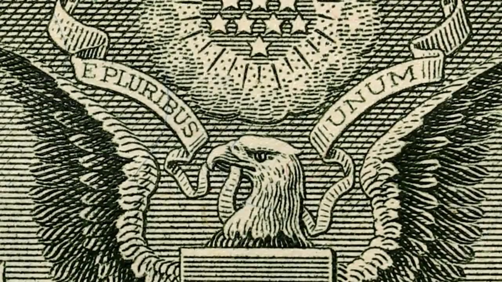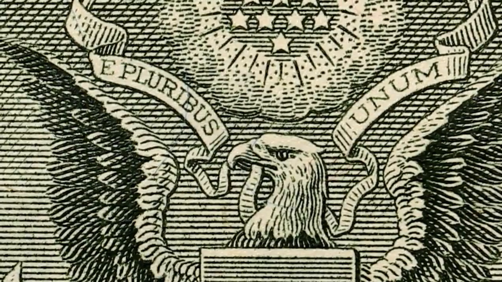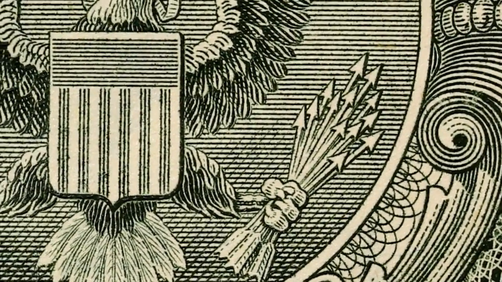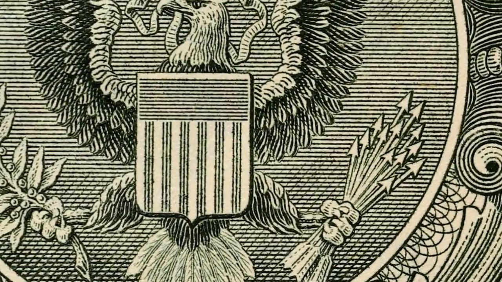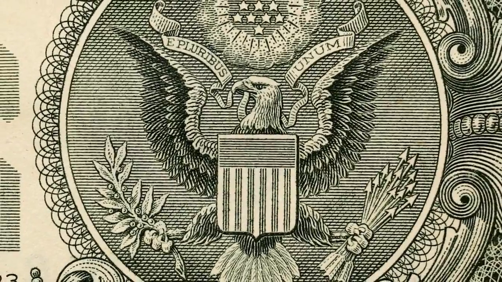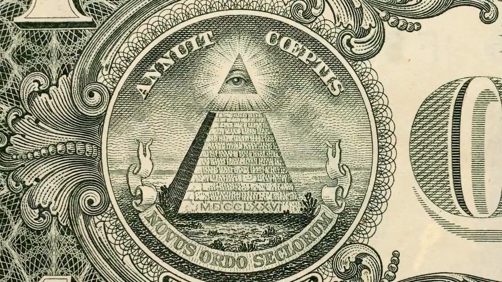That ribbon the eagle is trying to eat says "E pluribus unum," which is Latin for "out of many, one." The eagle is holding an olive branch and some arrows to represent that while we're down with peace, we are ready for war. At least he's looking at the olive branch, indicating that, you know, all things being equal, he would definitely prefer peace. The pyramid is probably the dollar bill's biggest WTF, so let's break it down piece by